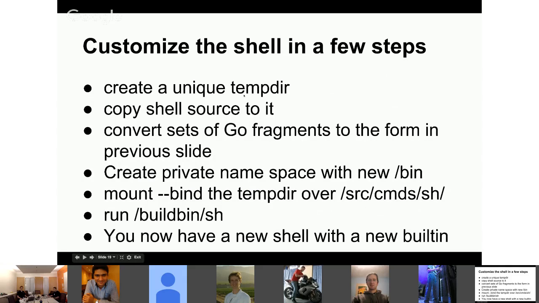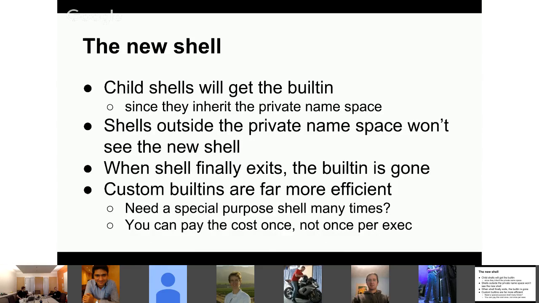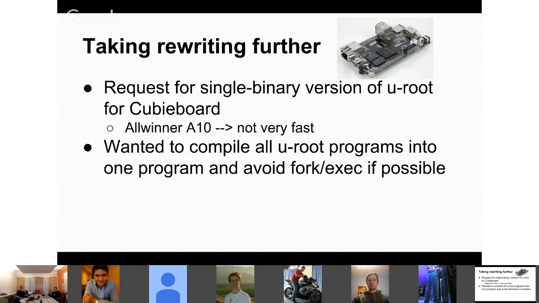So these are basically the steps. You create a unique temporary directory, as I mentioned, and copy the source, and you use some of the goodness of the Linux private namespace stuff to do it. That shell is there as long as the thing that invoked it is there. Any children of that shell will run that shell if they run a shell. And when all those things go away, the shell just kind of evaporates. So kids get the built-in, and when the shell goes, the built-ins go. So anyway, the importance of that, I guess, is that we take code fragments and we rewrite them, and we produce new programs in new shells.